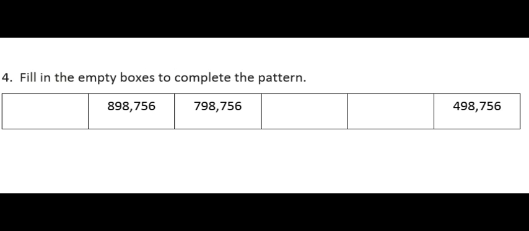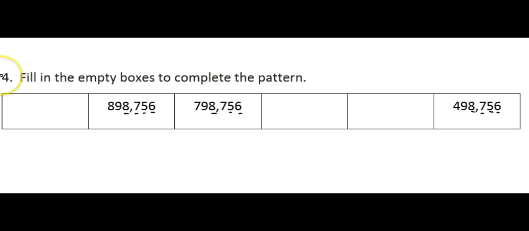The last section asks us to fill in the empty boxes to complete the pattern. We have a group of numbers here with some boxes in between. I'm going to take a careful look at my numbers to figure out what pattern I see developing. If I start in my ones place, they each have a 6 in the ones place, and they all have a 5 in the tens place, a 7 in the hundreds place, an 8 in the